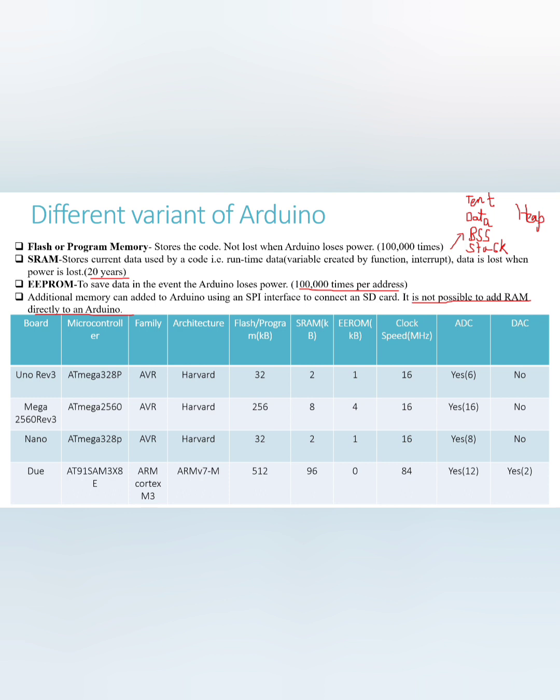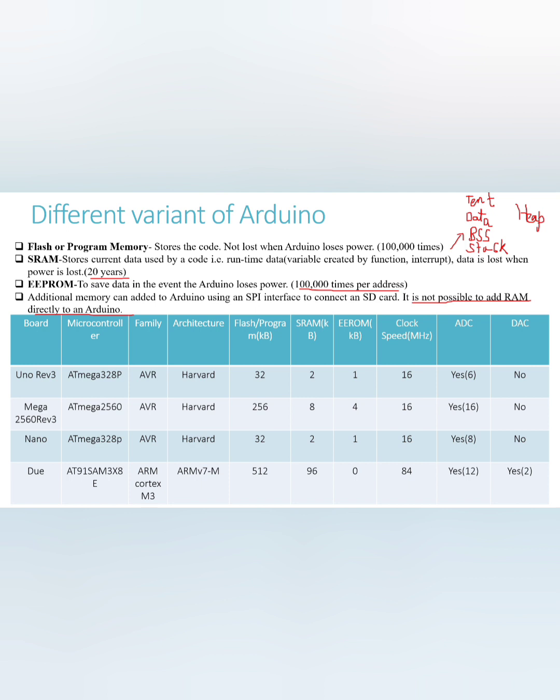SRAM is organized into different sections: text, data, BSS, stack, and heap. EEPROM is an electrically erasable programmable ROM. The variables stored in the EEPROM are kept even when you reset or power off the Arduino. The EEPROM has a finite life. In Arduino, the EEPROM is specified to handle 1 lakh write or erase cycles for each position. However, reads are unlimited. Program memory is a subset of ROM.